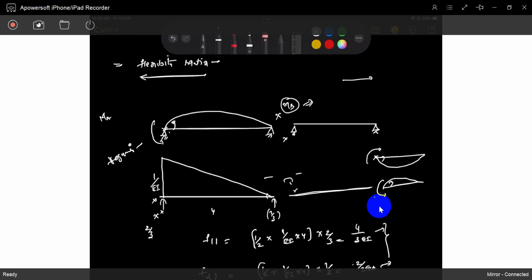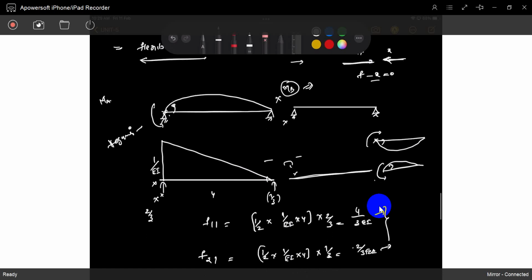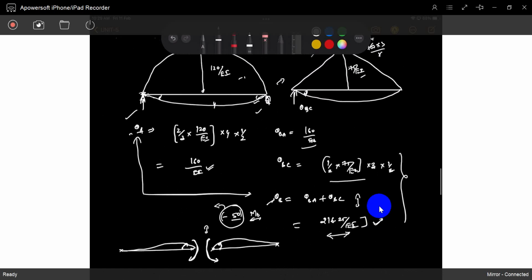If some force is there, this is F, this is X. If you take F in this direction as positive, then F minus X equals 0. If F is in the east direction and X is in the west direction, that's why we take it as negative. Both are equal to 0. My observation is, if you take the deformation in this direction as positive,